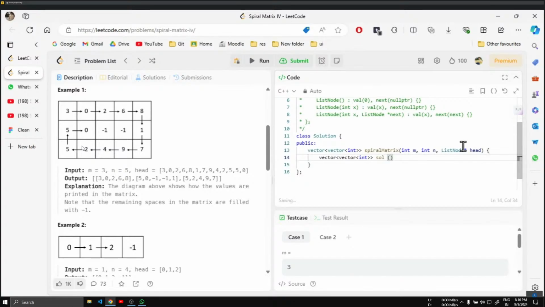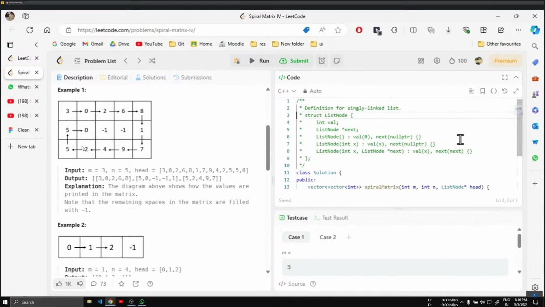First row number, column number, then vector and -1. So here we have initialized our solution vector to an m by n matrix,